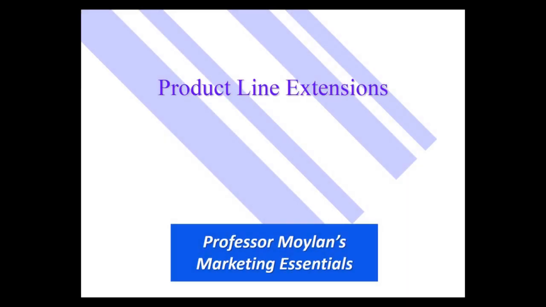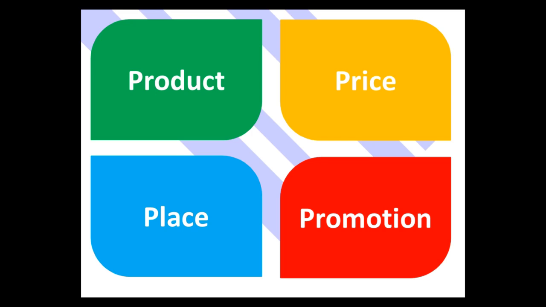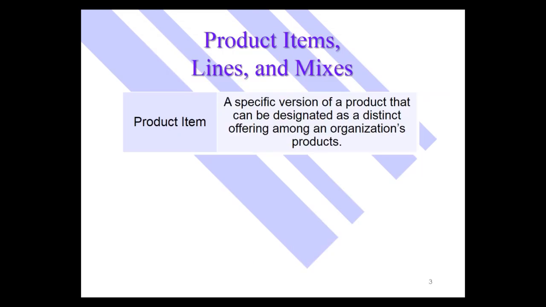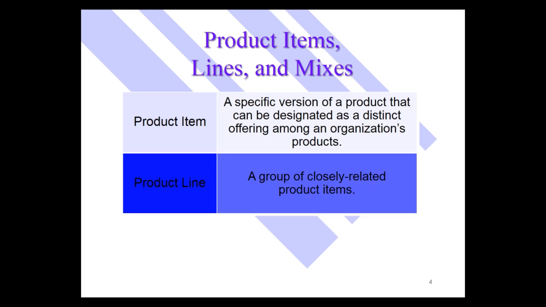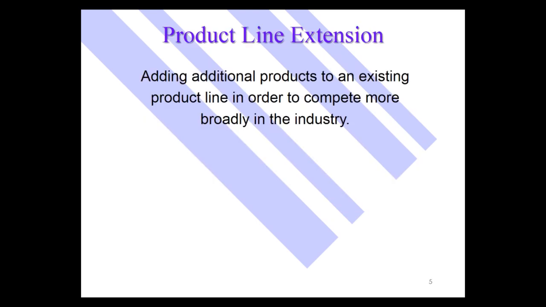In this module, we're going to cover product line extensions, product being one of the 4Ps, of course. And let's go back to a couple of definitions we've already looked at. A product item is a specific version of a product. A line extension or a product line is a group of closely related product items. So if that's a product line, a line extension would be a new one. So a product line extension is adding additional products to an existing product line in order to compete more broadly